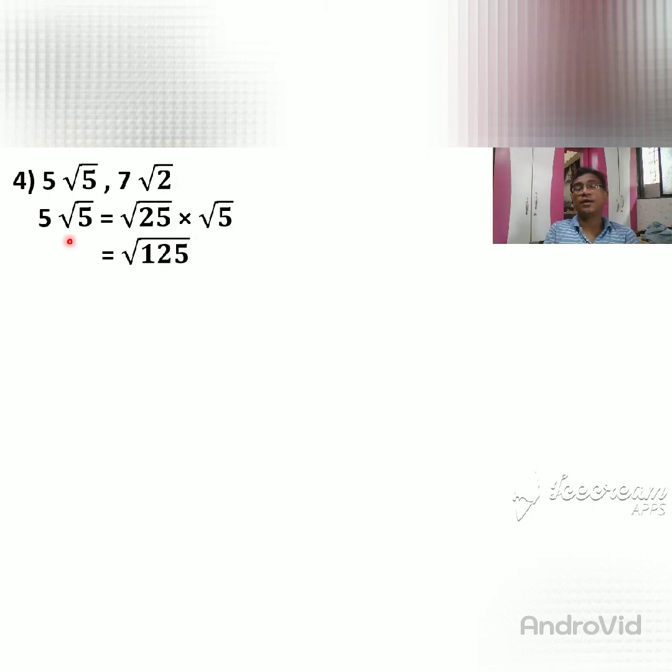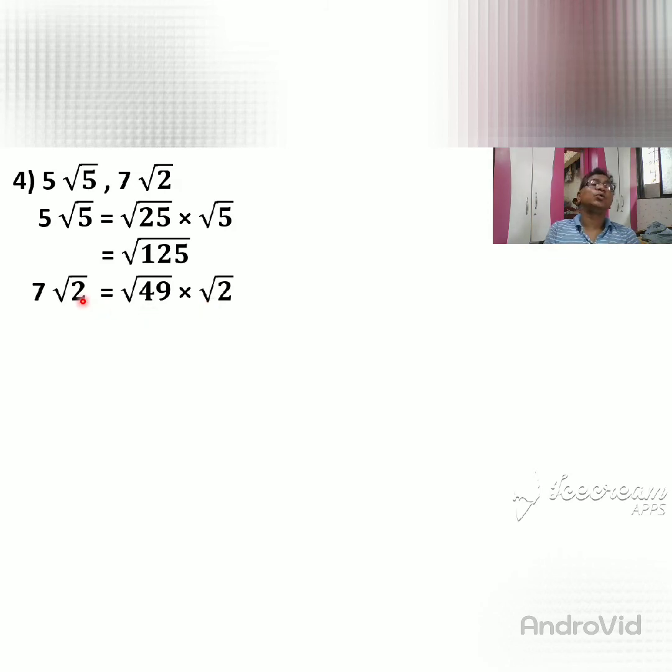Simplifying 5 root 5. Then we want to simplify 7 into root 2. 7 square, because the order is 2, so we can do the square of 7. 7 square is equal to what? 49. So here I write 49, into root 2. That root 2 is given. Do you understand how I get 49?